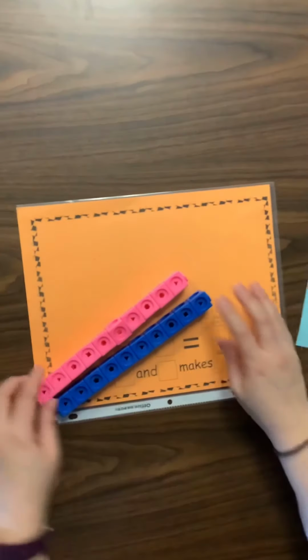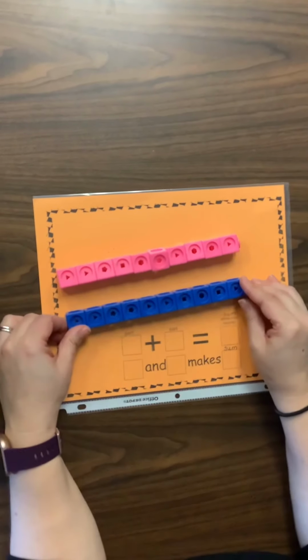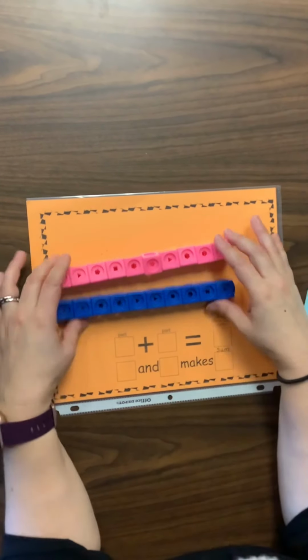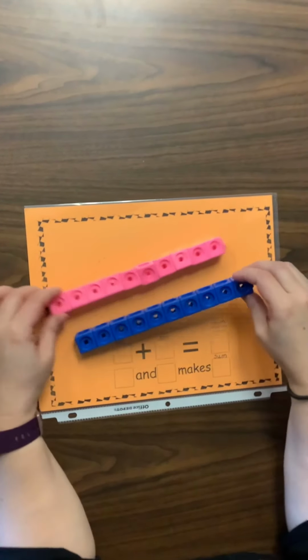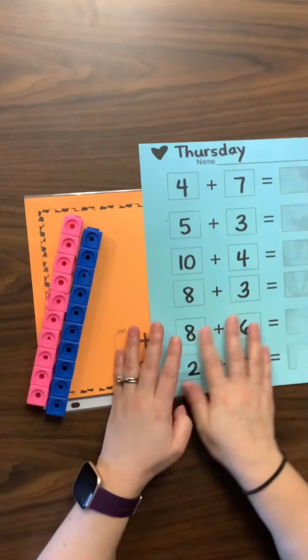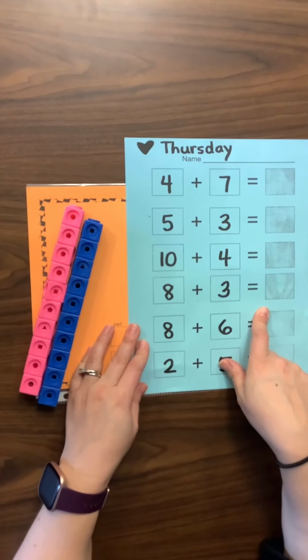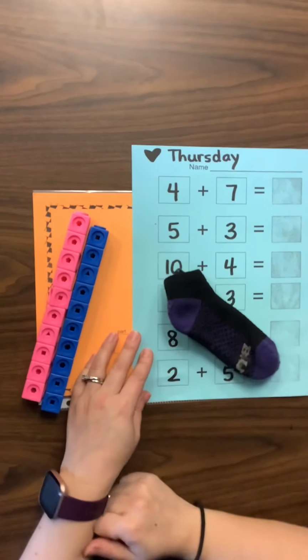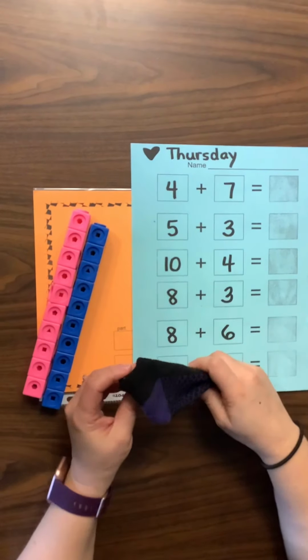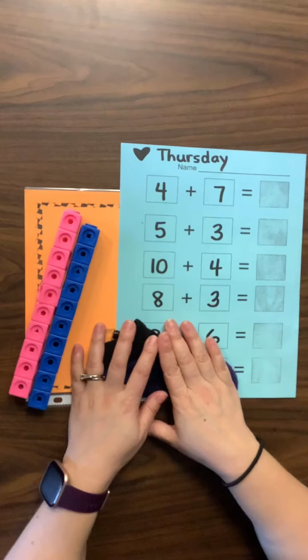You are going to need your linking cubes or your cubes. These are going to be your counters today. So you're going to need to go grab your counters, both colors, your adding mat, and today you will need the blue piece of paper with your adding equations on there. And don't forget your eraser and your whiteboard marker. So go grab your tools, press pause if you need to, and then we're going to get started on our